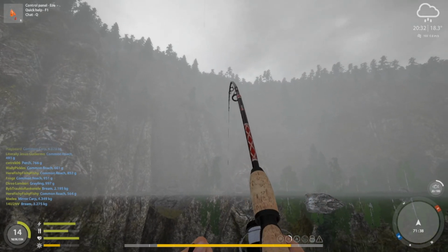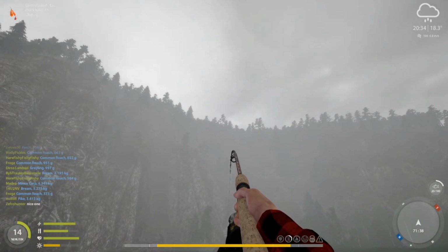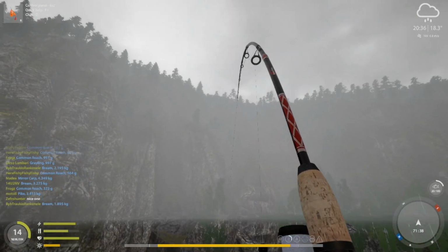As long as we keep it moving up current. I don't think spooling is what's going to happen. I think we're just running a lot of risk here of it popping off, but